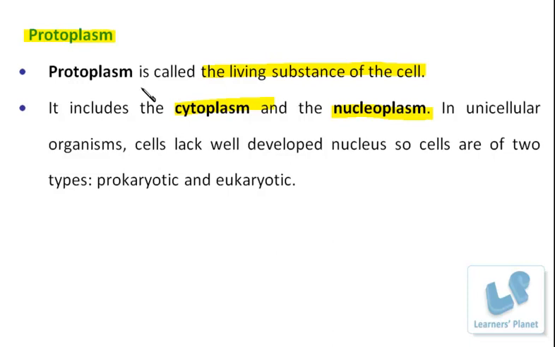There are some unicellular organisms where the cell lacks a developed nucleus, and such primitive cells are known as prokaryotic cells. And of course the developed cells are known as eukaryotic cells. So now you can understand that there are two types of cells, primitive and advanced. Primitive ones are prokaryotic, and advanced ones are eukaryotic. So now let us find the difference between the two. Let us compare them and see what is there in these types of cells.